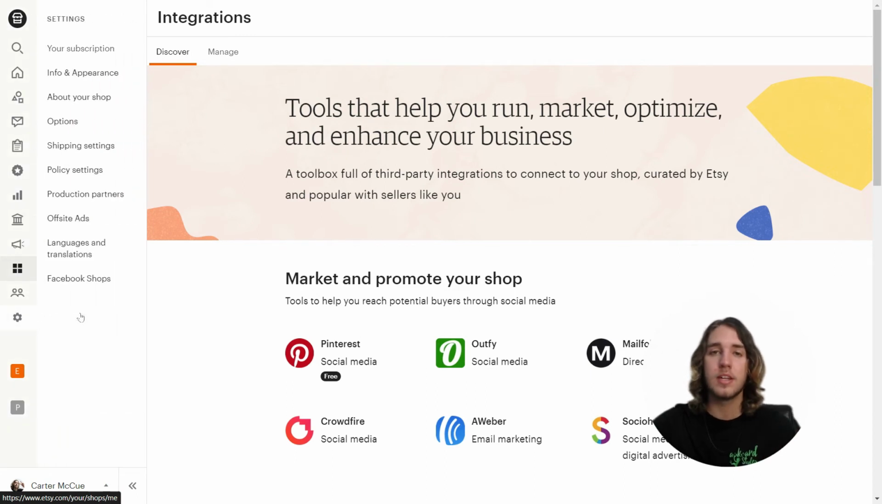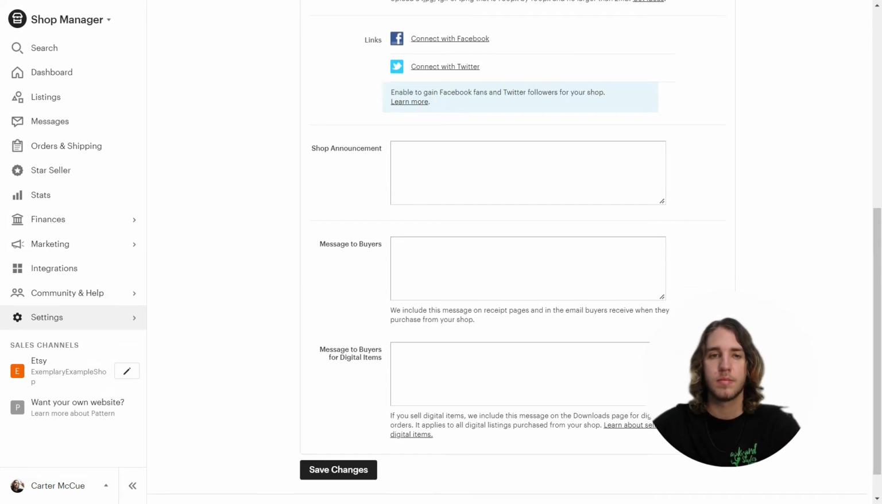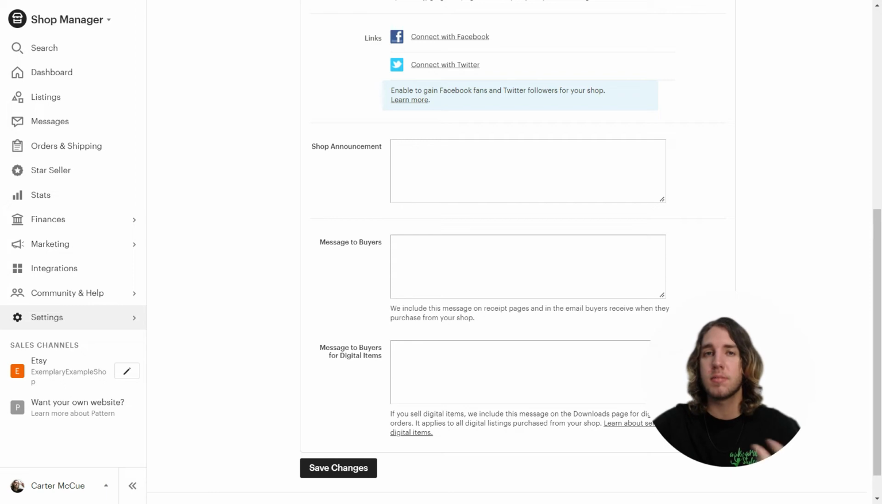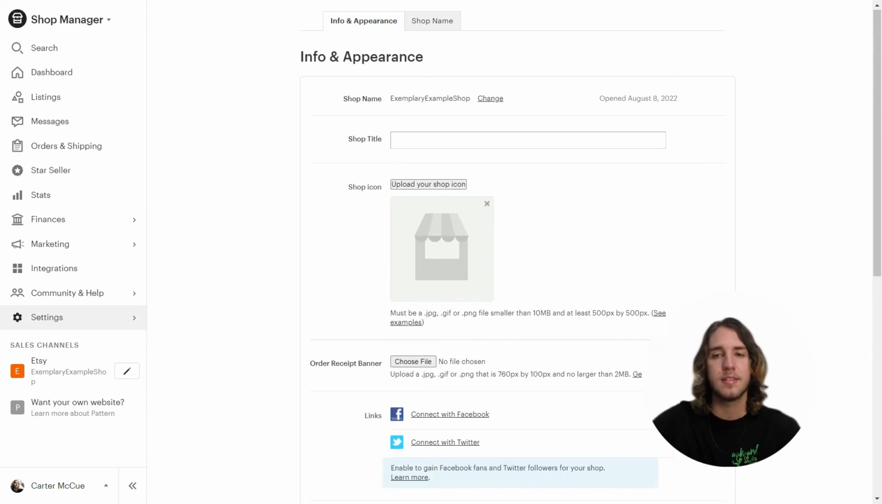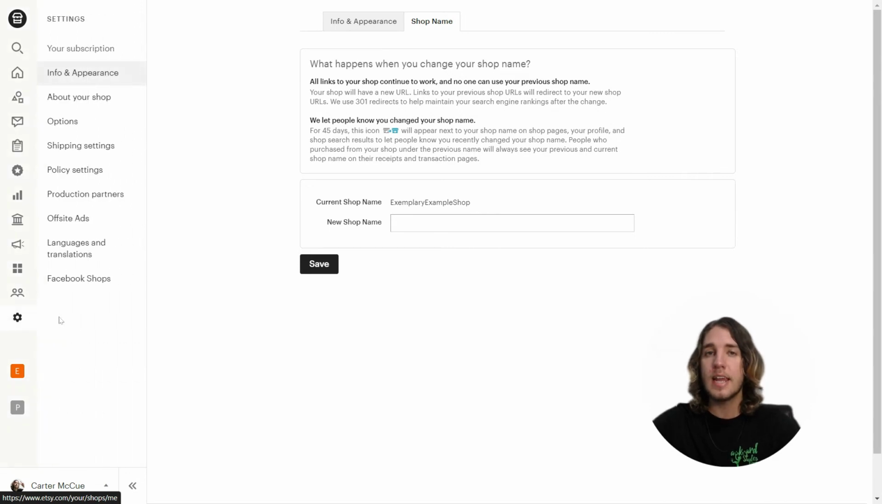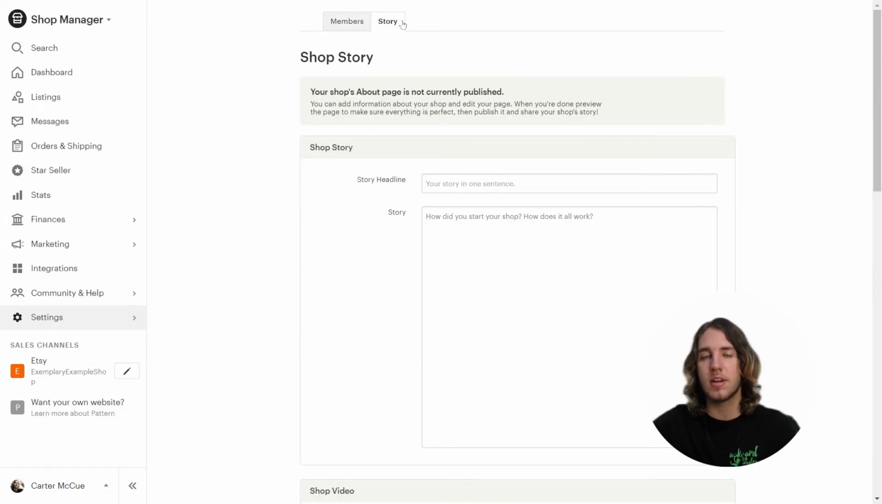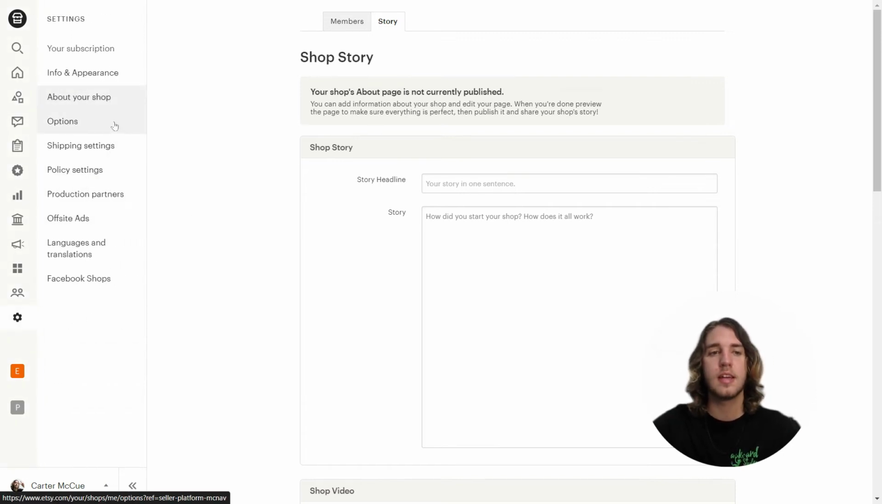There are a lot of things that we can change here, starting with the info and appearance of our store. Here you can set up a shop title, which will show up at the top of your store, right under the banner if you've set up your banner already. You can add a store icon and set up messages to buyers to make the shopping experience more personalized. And like I said earlier, if you haven't worked out your shop name yet, well, you can change that right here. In settings, you can also change the about info of your shop. You can add a little bio here to let your customers know you better, or maybe the story about how you started your shop. In your settings, you'll also find your store options, policy settings,